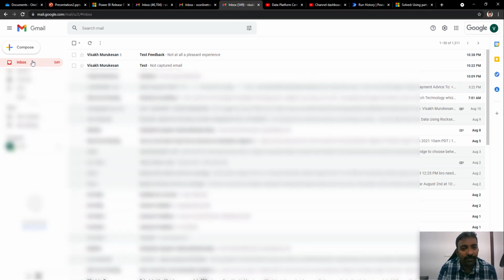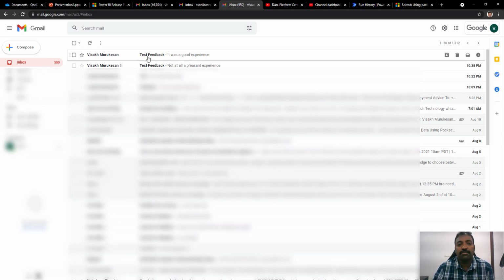We can already see a few other feedbacks that we have got before. So our new feedback will be coming to this email address, so let's wait for that. What we have done is we have attached a flow to this email, so that for every feedback email which comes to this mailbox, the flow gets activated automatically and the data will get added to a database. We'll be using this data for applying the sentiment score algorithm, and we'll be generating the corresponding sentiment scores based on the feedback that is given by the user.